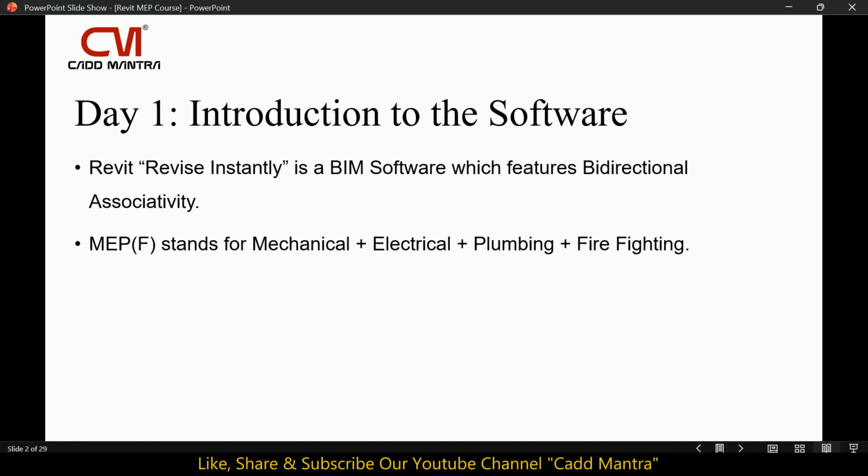So day 1, introduction to the software. Revit basically means revise instantly. This is not a norm that is decided by Autodesk or the company that made it. It is internationally known as revise instantly because once you create an object in a particular view, it is automatically created in other views also. This feature is known as bidirectional associativity,